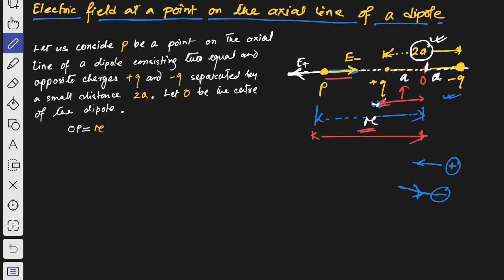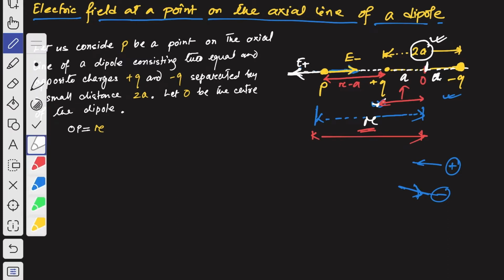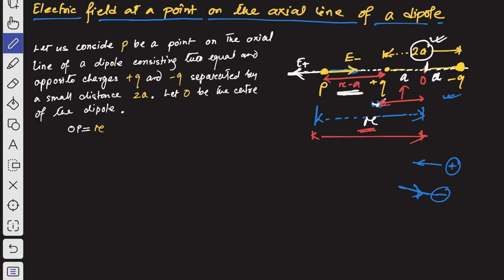So that's why the distance between the positive charge Q and the point P should be R minus A, right? That should be R minus A. And as you can observe here, the distance from O to the negative charge Q is A,